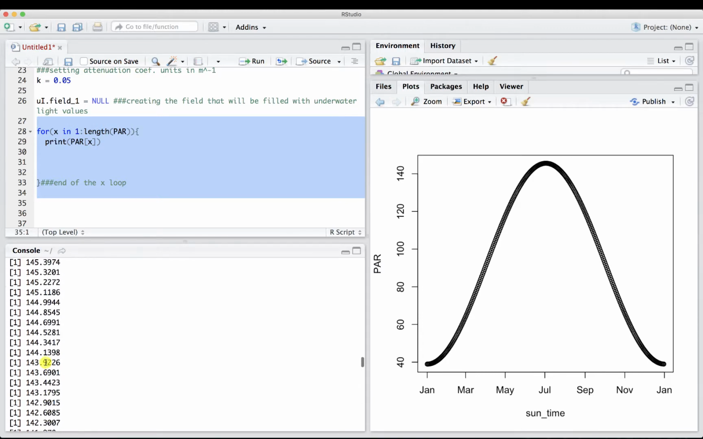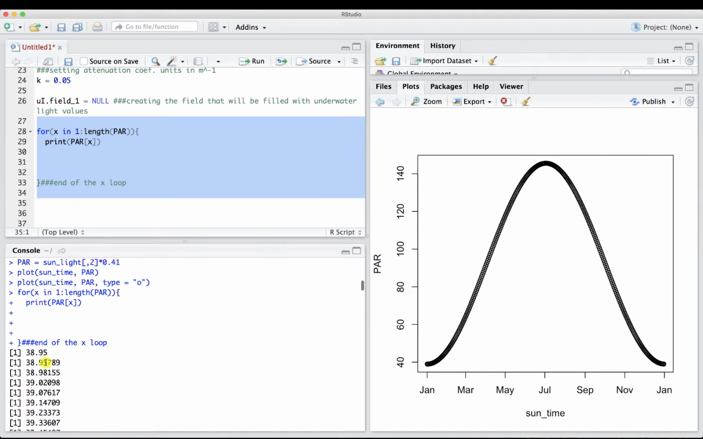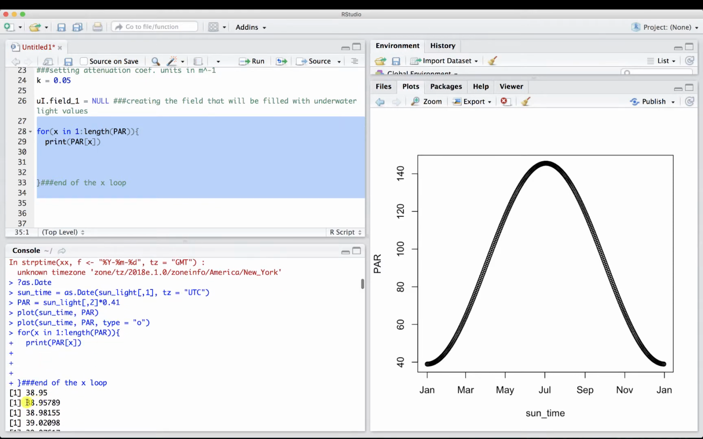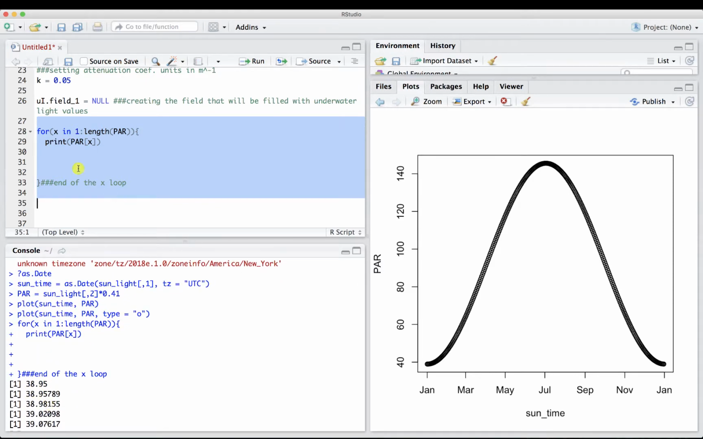So when it loops through the first time, it prints out the first value of par, then the second value of par, then the third value. That's what this does. But we're going to do something else with the par value. We're going to make this something called ui.vec. We're going to turn that surface par value into an underwater vector. So right now, if I run this again,